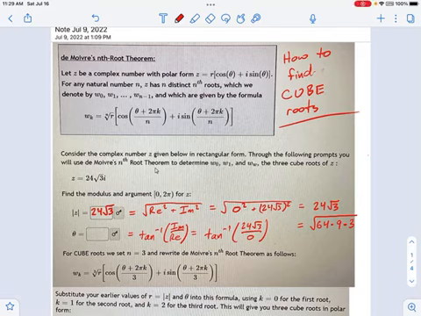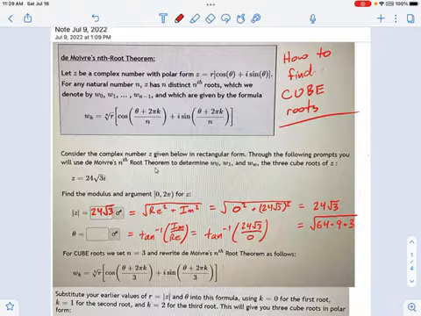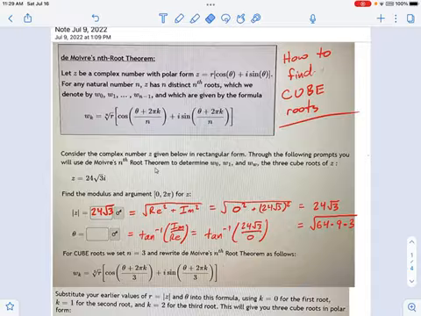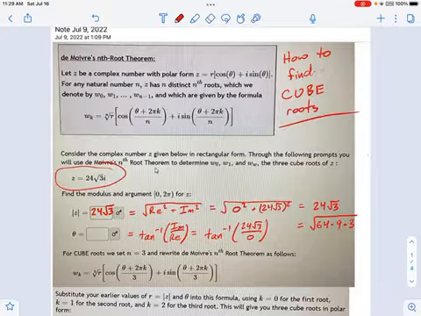This is another introductory video discussing de Moivre's nth root theorem. This time I'm focusing on cube roots, but mostly it's going to be taking it pretty slow again. So I've gotten some of the preliminary stuff out of the way. Like, we have this complex number here. I know I'm going to be taking cube roots of that thing.